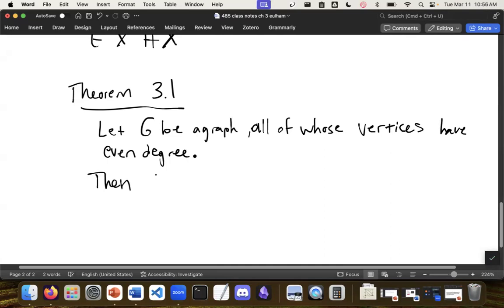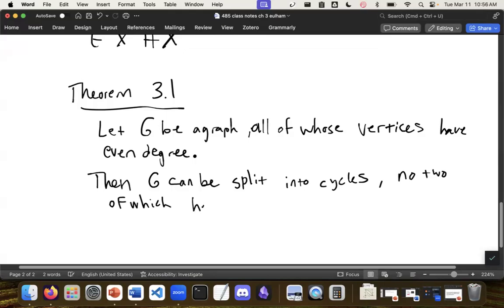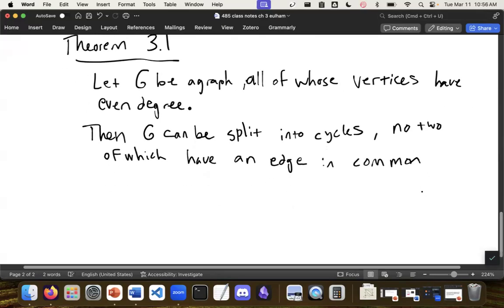So we have the answer, but the book splits it up to then G can be split into cycles, no two of which have an edge in common. So let's look at